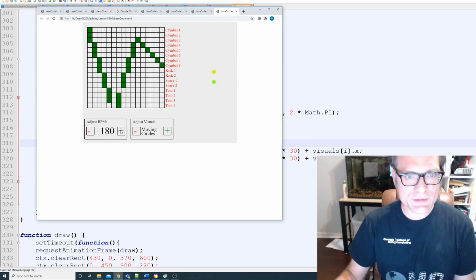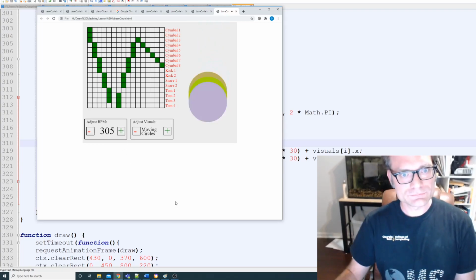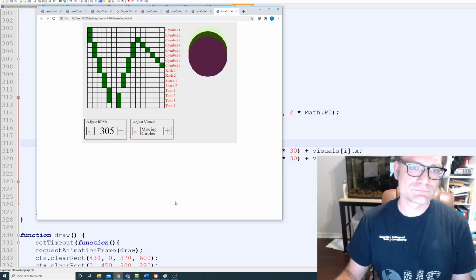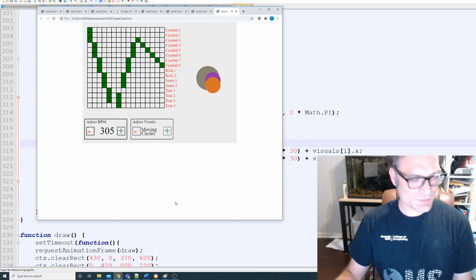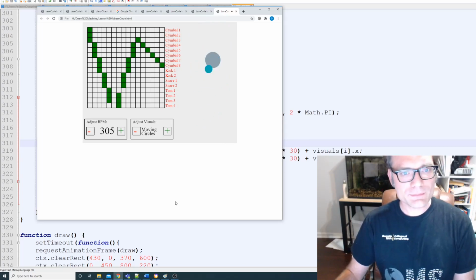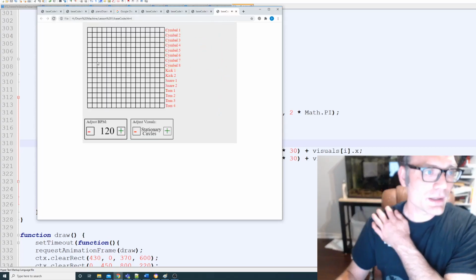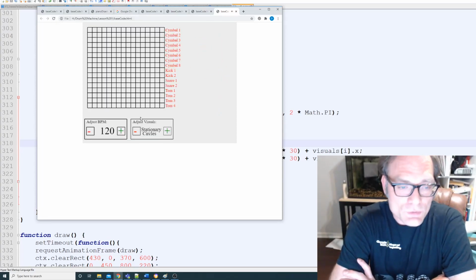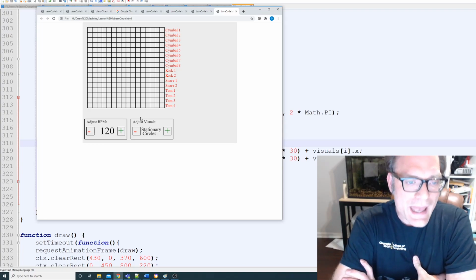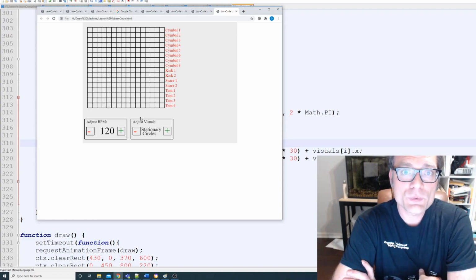So as you see this, when we get really fast, it gets kind of crazy, okay? But you know, there's a lot you can do over here, and let me go ahead and reset that. There's a lot you can do over there, and so what I would like you to do is add 2 more visuals